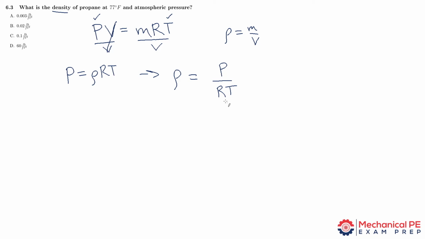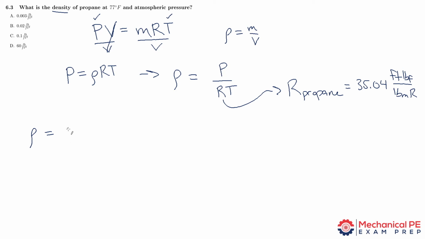And in there we can go and look up propane, and it turns out that R for propane is 35.04 foot-pound force per pound mass Rankine. So that's pretty much everything we need in order to find the density. We just have to do a little bit of unit conversion. So it said we have atmospheric pressure, so that's 14.7 psi. And instead of writing it as psi, I'm actually going to write it as pound force per inch squared,